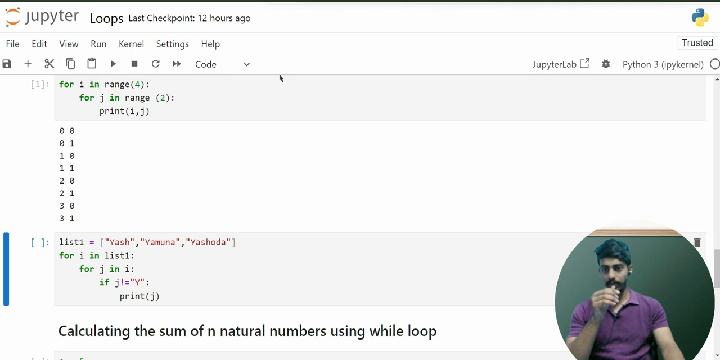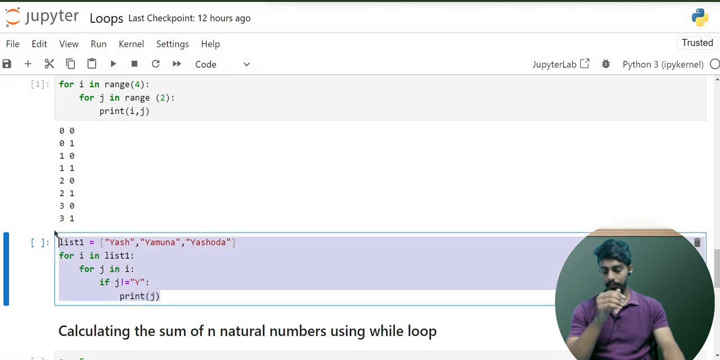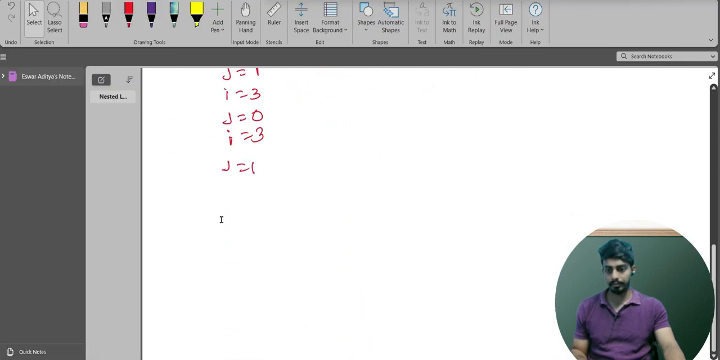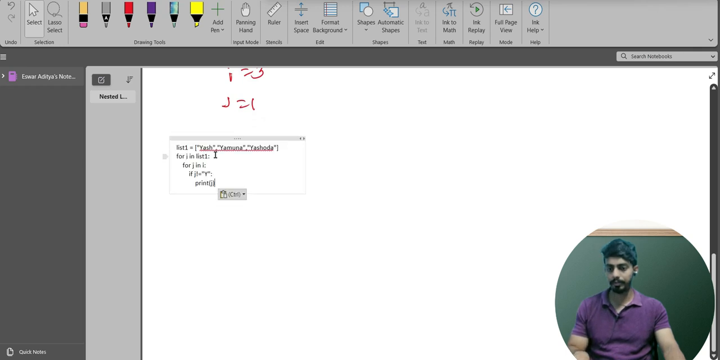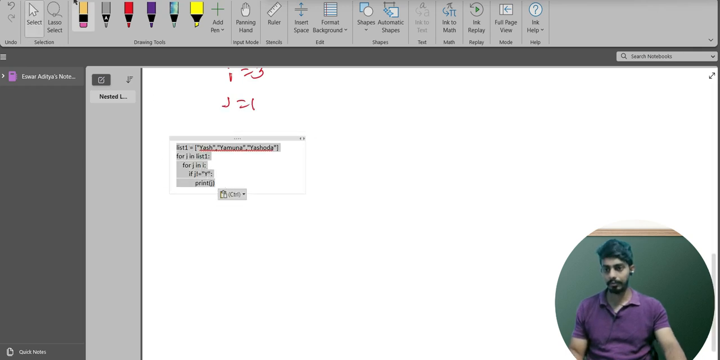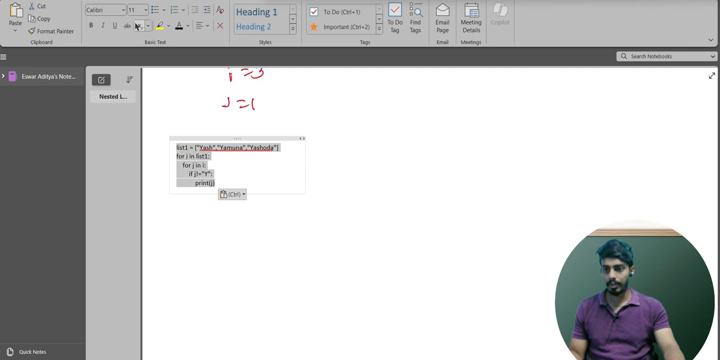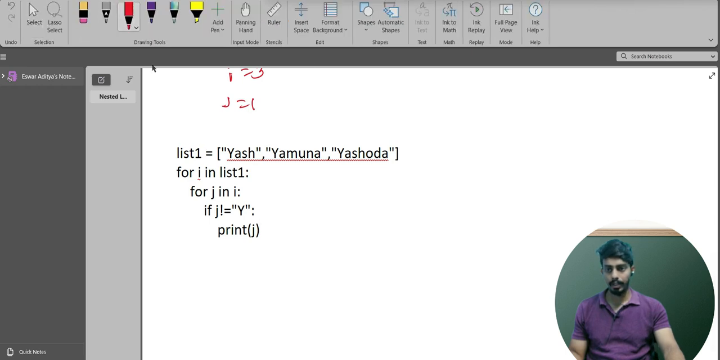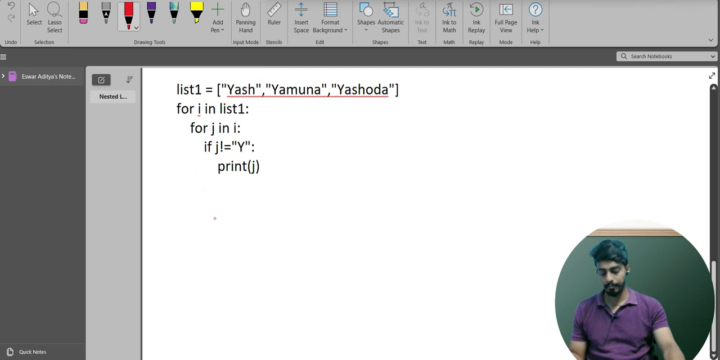So let me copy this. Maybe here. Try to increase the font size. Yes, clear. So let's understand this thing. So